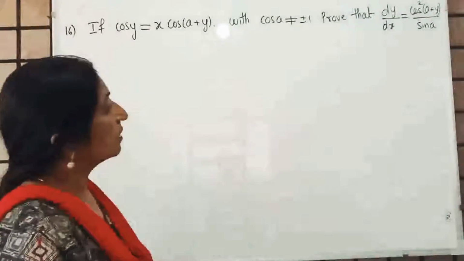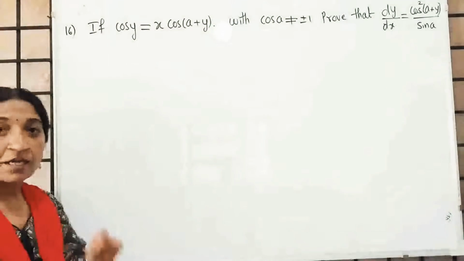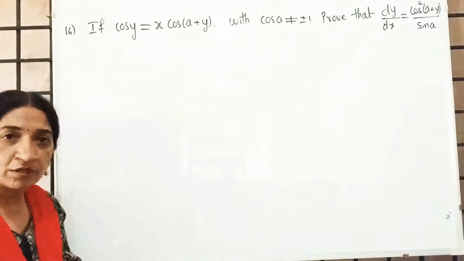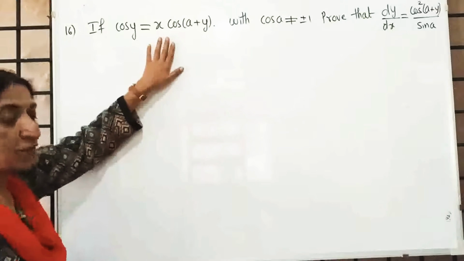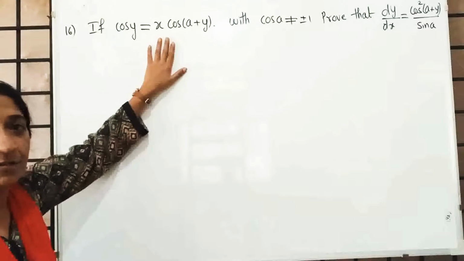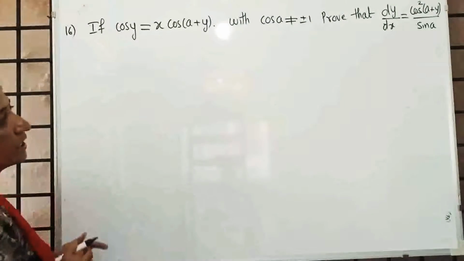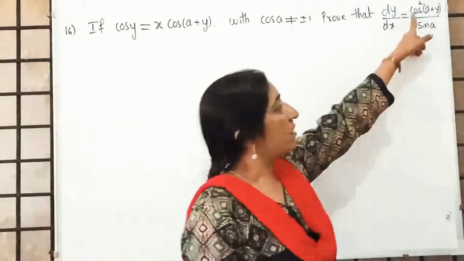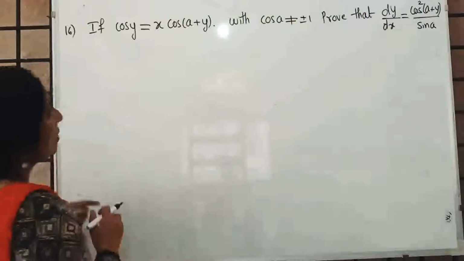Why important? See, just remember, till here how many examples you solved. In every example what did you write? You wrote differentiating with respect to x. But here we are writing differentiating with respect to y. Please note that. And we are not differentiating directly. Why? Because in the answer we require a square. If you differentiate directly, we will not get the square.